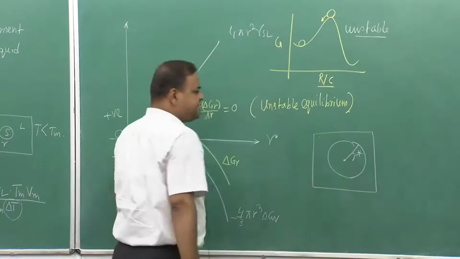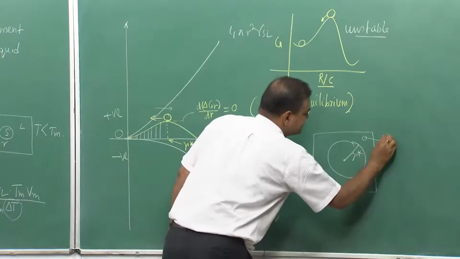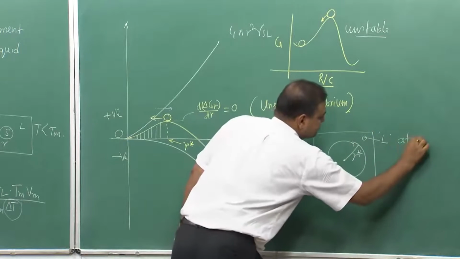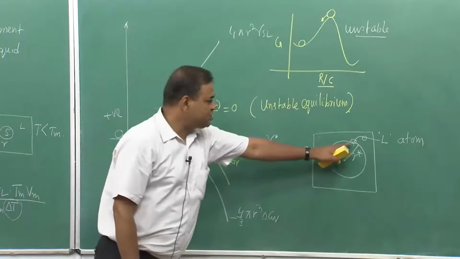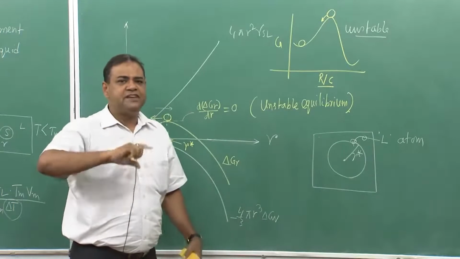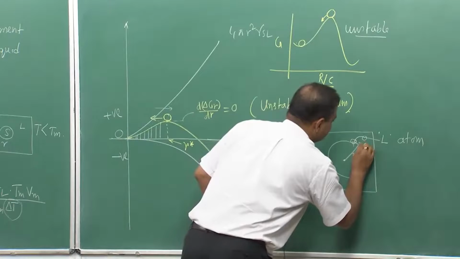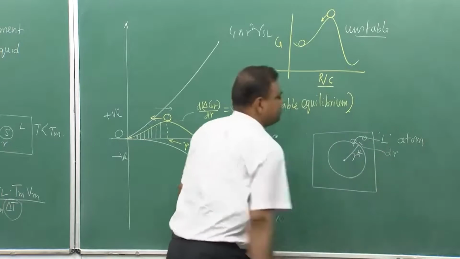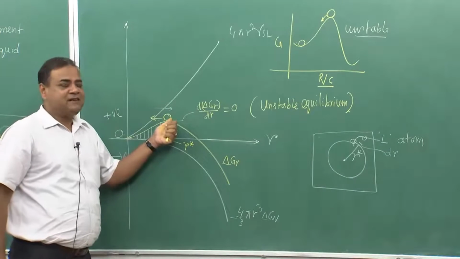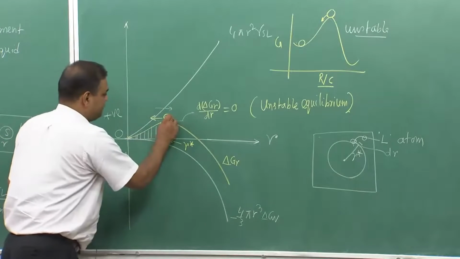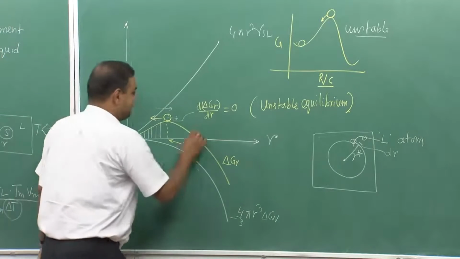Now, by any means, because of let us say thermal fluctuation, one liquid atom comes and joins the solid phase. So, once it joins the solid phase, the solid radius increases by del r. Okay? So, it is a small radius increase, which is del r. Now, if it increases this radius by del r, it goes to the other side of the slope. So, then another unstable condition is setting up,